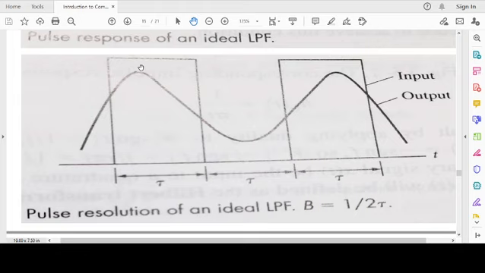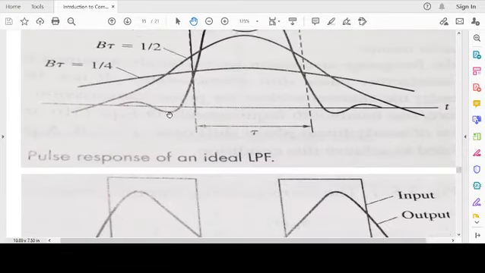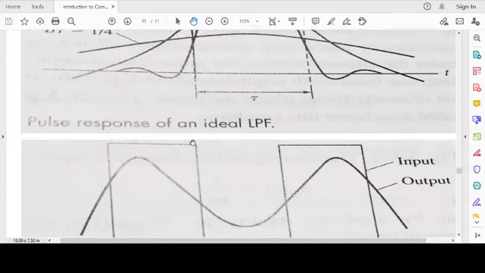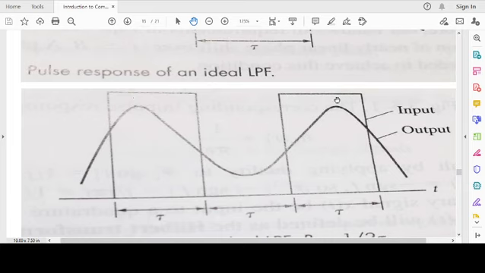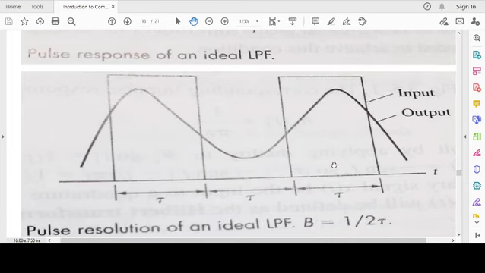For example, if you want to use a pulse position modulation scheme to send information, a single pulse should have been there, but here you see the position would be shifted. That's why we say that for applications where reproducing the exact characteristics of the pulse is important, the choice of bandwidth B equal to 1 by 2τ is probably not very decent. You have to go to a larger bandwidth, at least probably B equal to 1 over τ. So again, these things you need to reproduce in your assignments, which we will discuss.